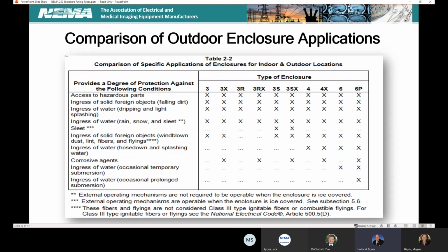This is Table 2.2 in the NEMA 250, which outlines enclosure ratings for both indoor and outdoor locations. The table lists 10 enclosure types and 10 environmental conditions. Table 2.1 and 2.2 are closely aligned with Table 110.28 of the NEC. An X marked in the column below the enclosure type indicates it will protect against the condition listed in that